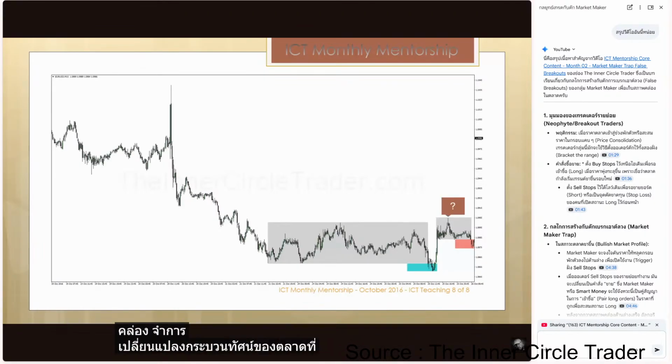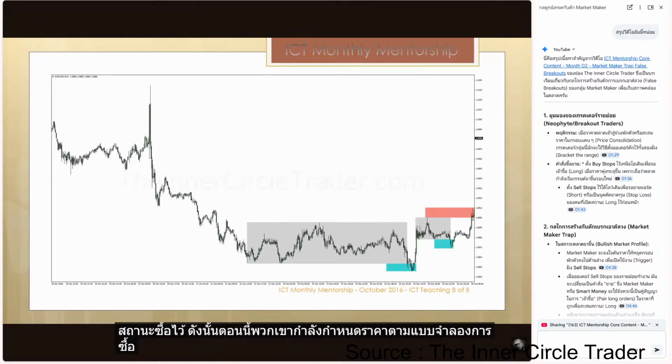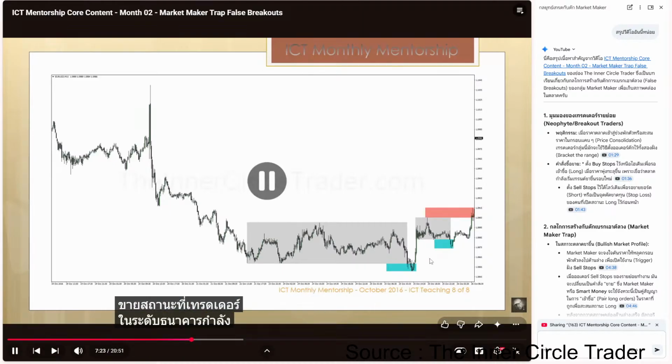Remember that market paradigm shift that's been spoken about in this mentorship? Well, we're talking about it here again, just using it in terms where you can see how it's applicable in price. Price runs above that old high, and now we have two areas at which the market makers have booked long positions. So now they're pricing in a buy model. So as the market moves higher, they're going to liquidate some of their positions to hedge, and they're also going to liquidate positions that those traders are on the bank level or actually